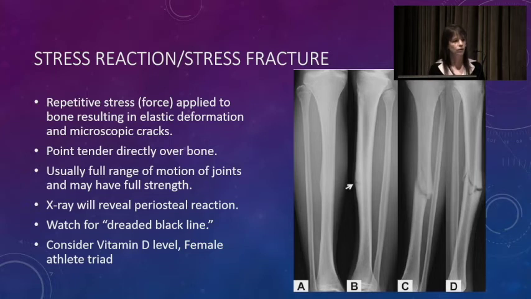So they come in with a complaint. Usually, in runners, it'll be around the distal tibia, which is also where they have shin splints. But with shin splints, the tenderness is usually just posterior to the medial tibia, while with stress fractures, they will have the tenderness directly on the tibial shaft itself.